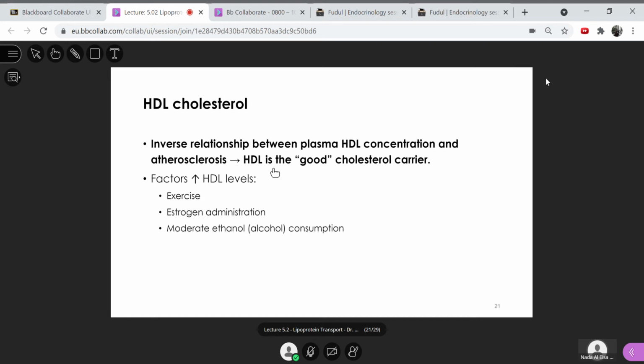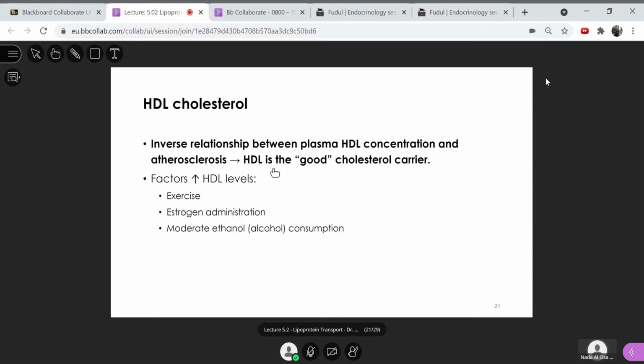Also, estrogen administration, that's why women have less risk of cardiovascular disease before menopause, and the risk increases after menopause, and sometimes they are prescribed estrogen replacement therapy after menopause to reduce the risk. However, recent evidence showed that estrogen replacement therapy can increase the risk of vascular disease. So this point